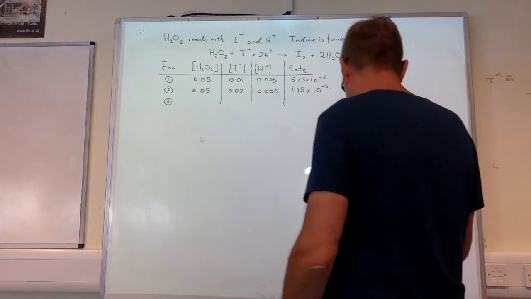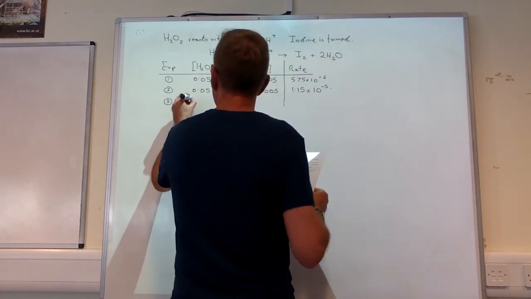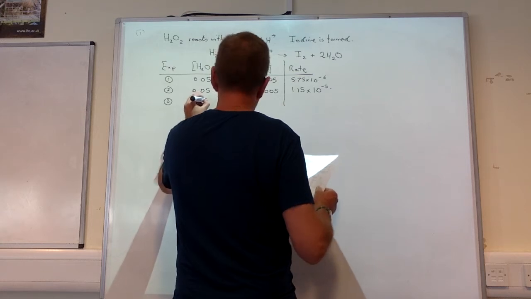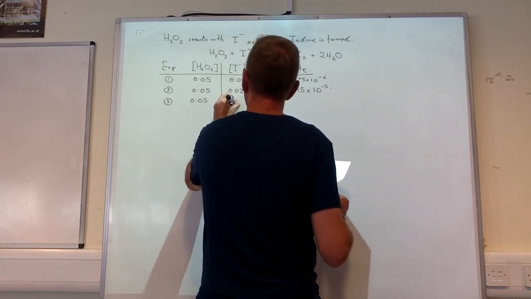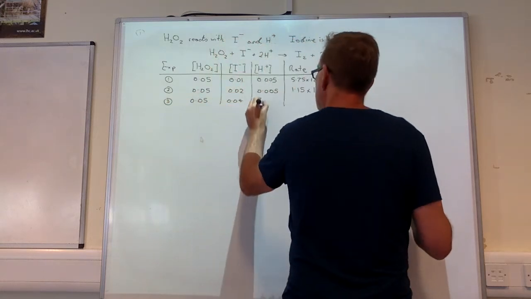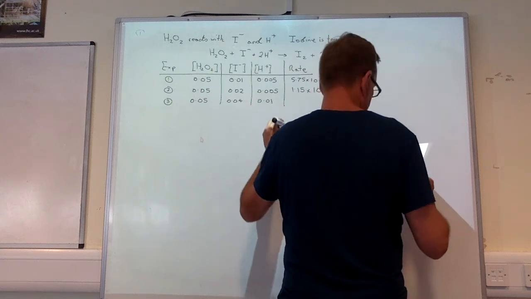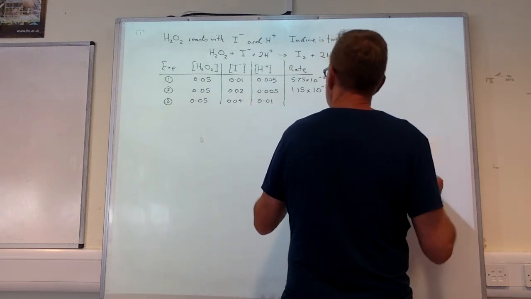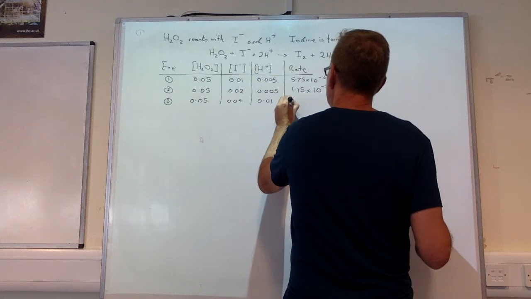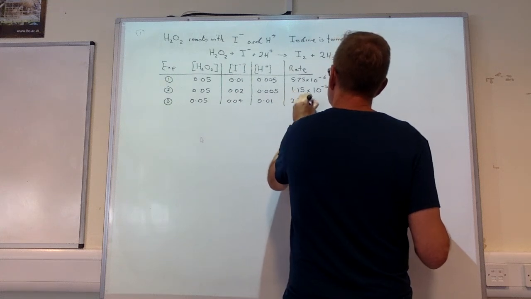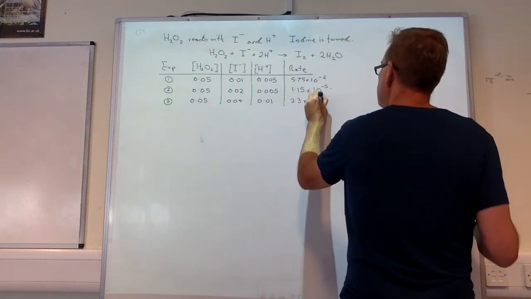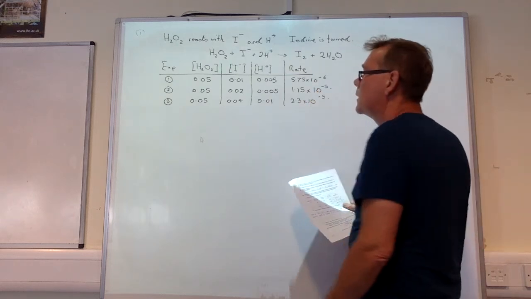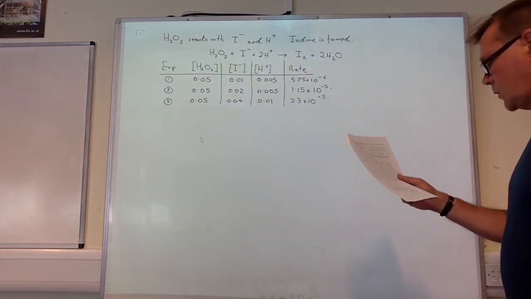Okay, third step. 0.05, 0.04, 0.01, 2.3 times 10 to the minus 5. Right, okay. Question is,